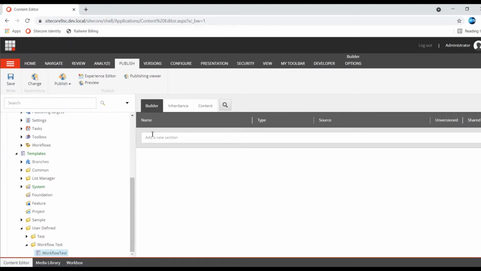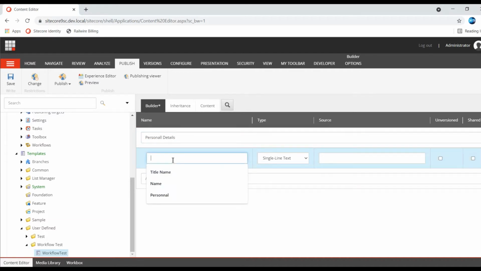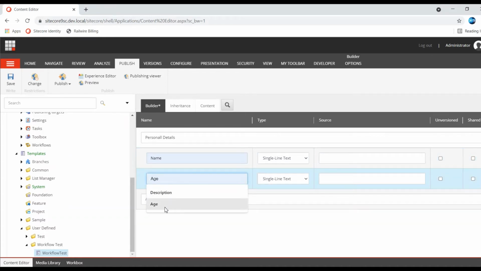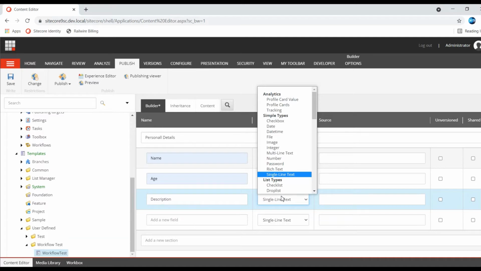Now it's created. I'm creating a default section name, personal details. Distinctly you can build a section name and data template, everything. So I'm giving name, age, and description. Let it be a rich text box.